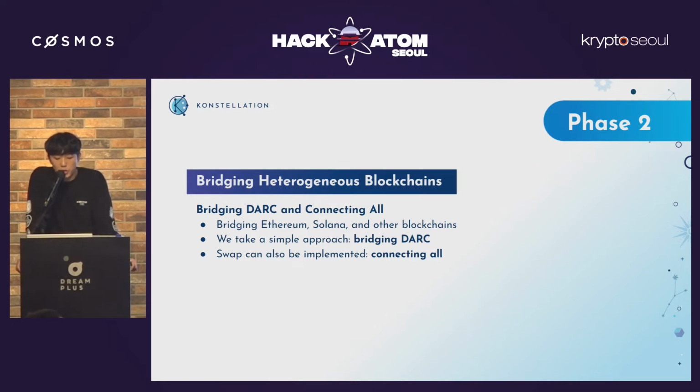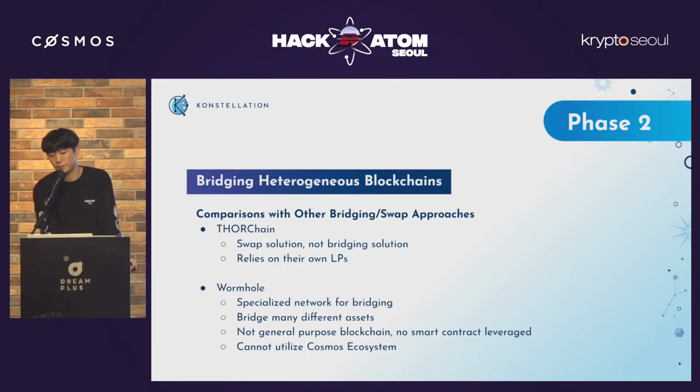But bridging only Dark does not mean that Dark is the only beneficiary for Dark holders. It is actually quite easy, I would say, to combine the Dark bridging feature with each blockchain's swap features. So for example, if you have some USDC, you can first convert it into Dark, proceed with the bridging, and then convert it back to USDC on some other destination network. So you can imagine that kind of scenario.